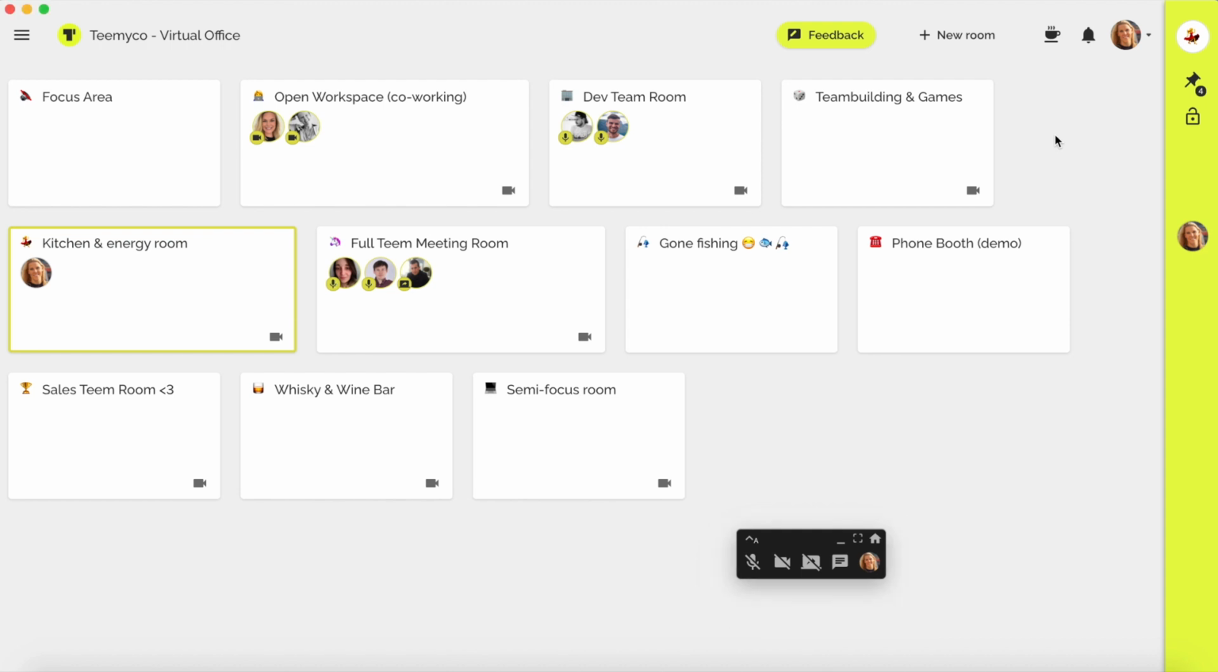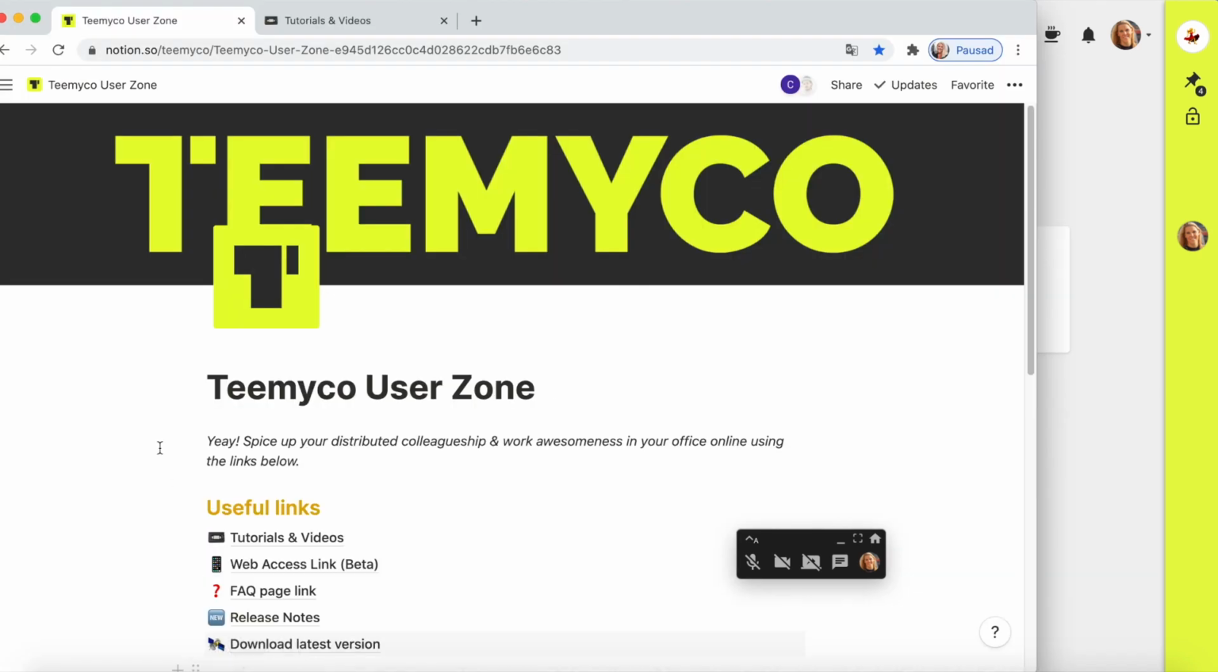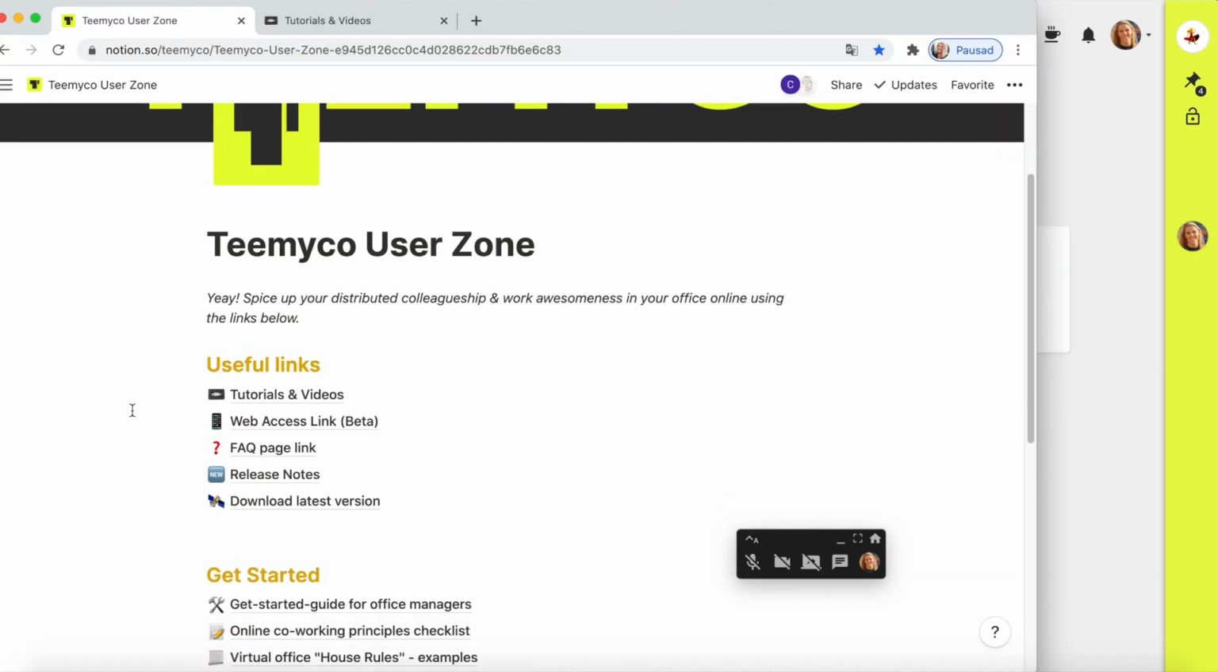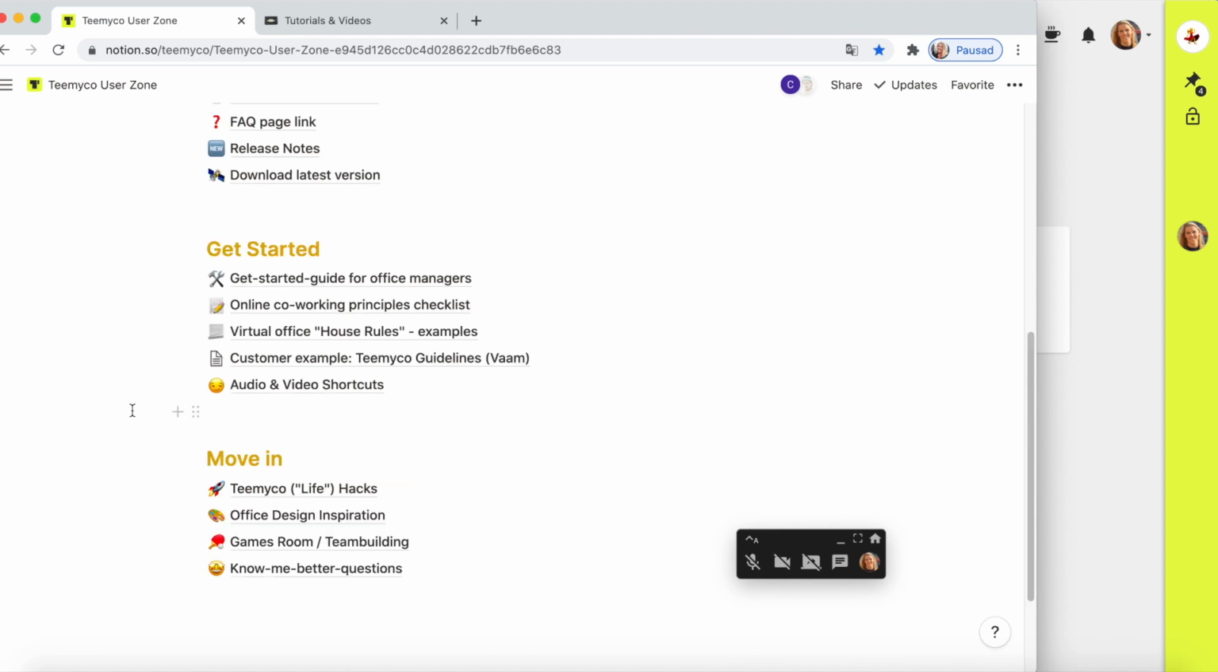Okay, last but not least, some success factors for you to keep in mind. Number one, this is a network tool. So either you're going to try it as a team or don't bother, because there's no point of just some of you being online. Secondly, let the design evolve. You might see after a while, we need a room for this and that, or this project room would be good to have. We have collected in the Teemyco user zone that you have the link to in the onboarding email